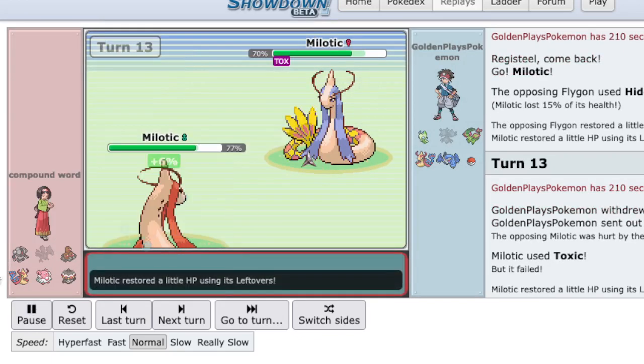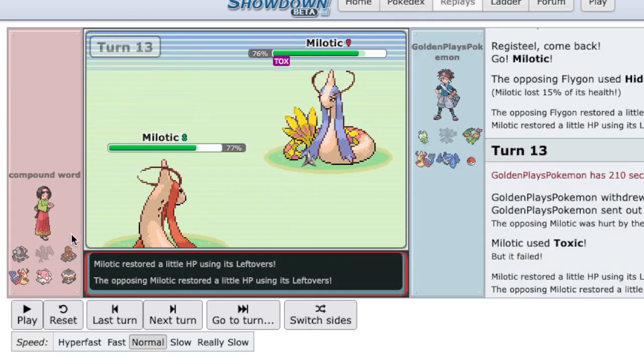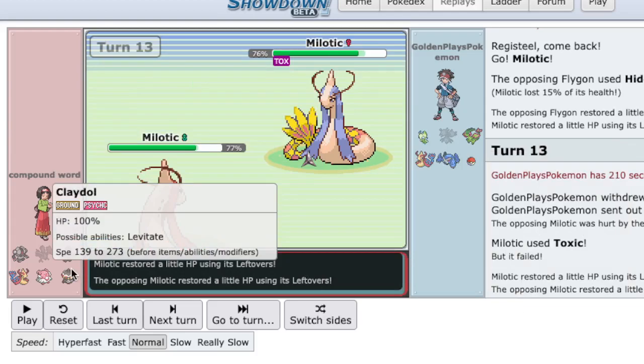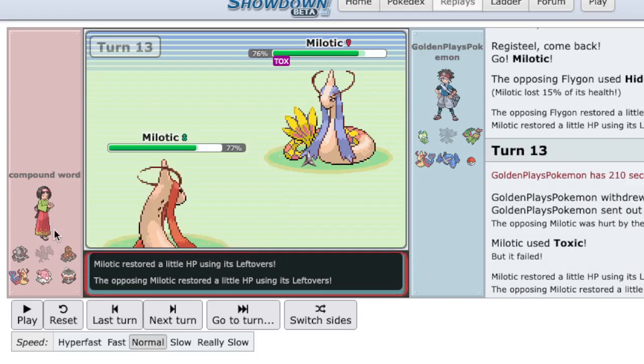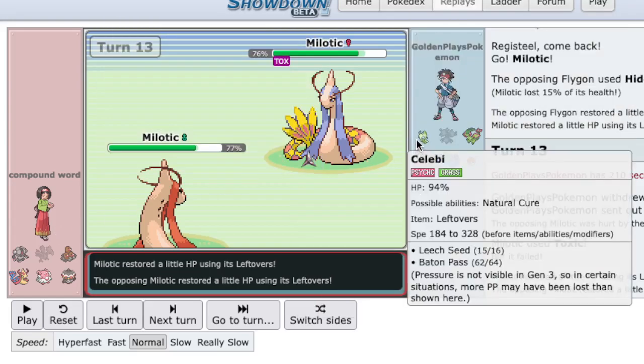I go Milo, and I immediately try to target Celebi, because the Celebi coming in is the thing that is most dangerous to me here. It has Pass, who knows what it could be holding. Very threatening. And I'm just trying to make that as hard for him as possible, make all of his Celebi ins